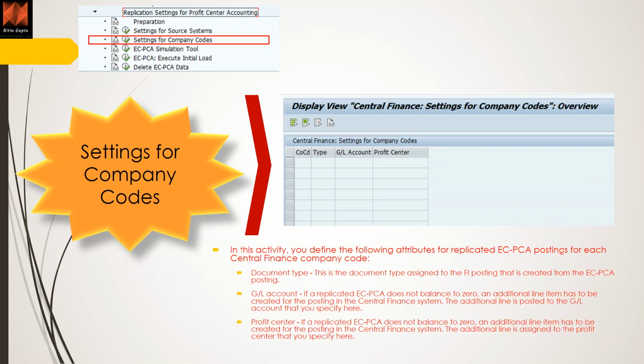Now coming to settings for company code, that's the next configuration node. In this activity, you define the company code, the document type, and the GL account and profit center. Now how does it look? First is the company code, and for each company code you define the document type, which means the document type assigned to the FI posting that is created from ECPCA. So those document types in your source system which are assigned to the profit center accounting postings should be assigned